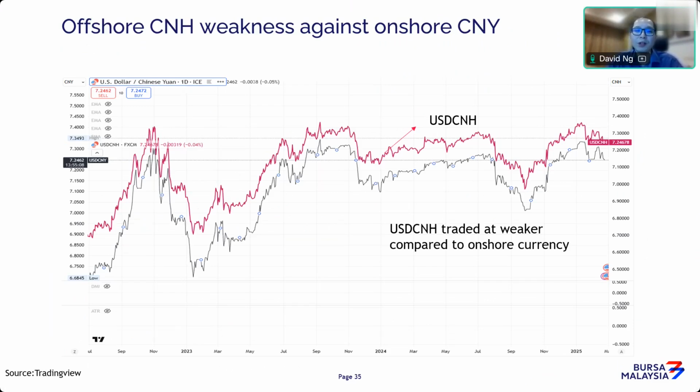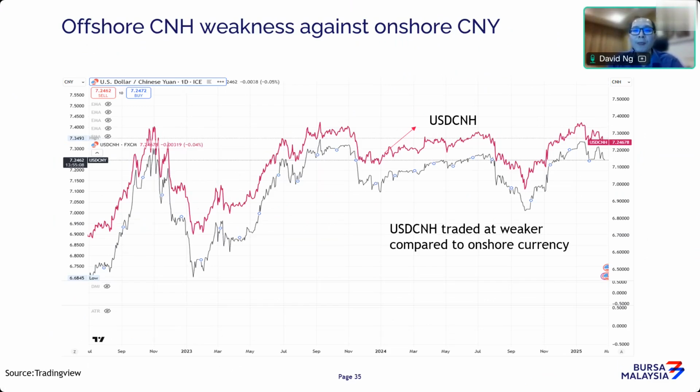Major reason is because in the offshore market, the government can't really control or maintain a certain degree of control over the offshore currency, because it's a market where a lot of foreign players can also participate, and therefore can also try to determine prices as well. While for onshore currencies, the government has more control. The government can implement measures and policies to restrict demand and supply of local currencies, but they can't do it on the USD CNH.